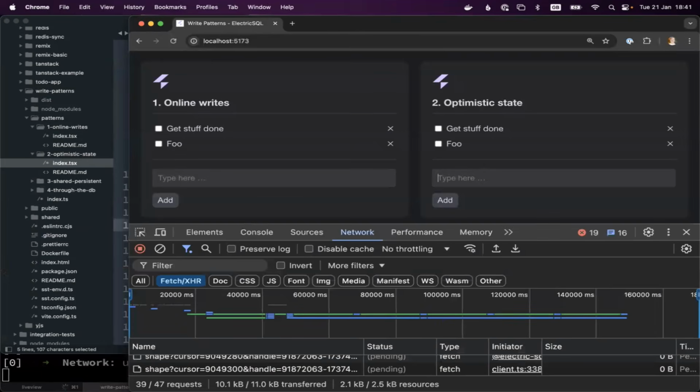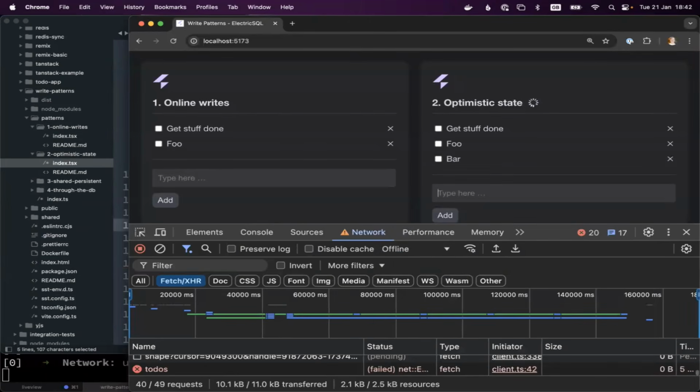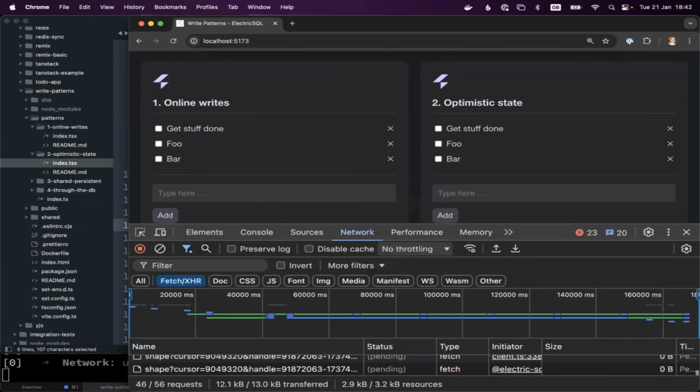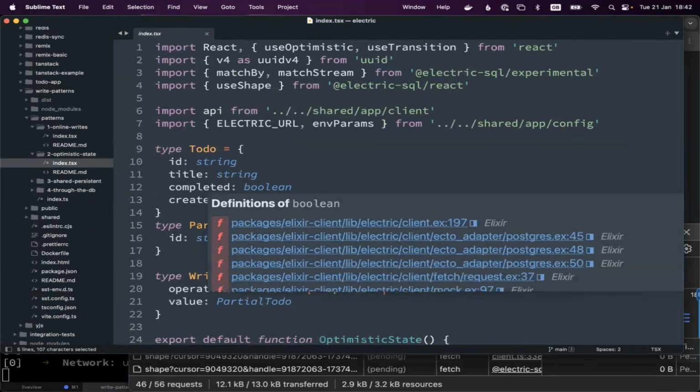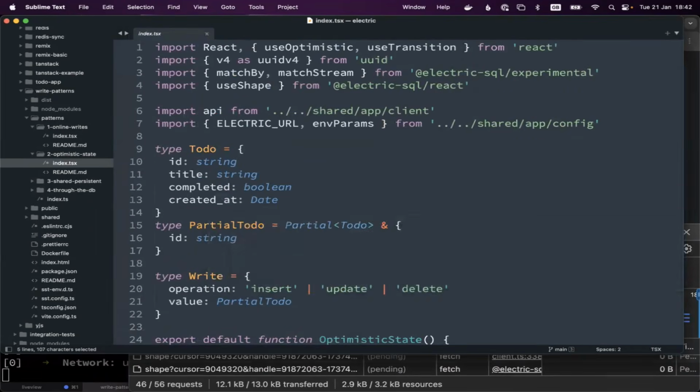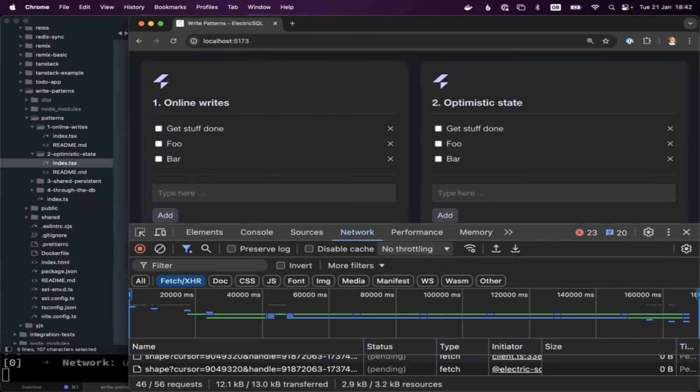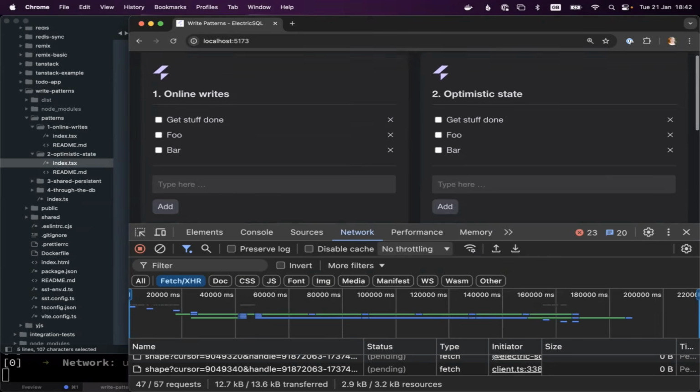And so if we come back here to this example and I turn this off, then it does what you expect, which is that the state is shown to you automatically. This little spinner is showing you that the transition is still active. And then if I turn it on, then it'll sync. It syncs through, removes the optimistic state, and syncs through to the other applications. So this is very, very little boilerplate on top of a basic pattern for doing an API-based application, but you already have an offline capable, essentially partly local first application.